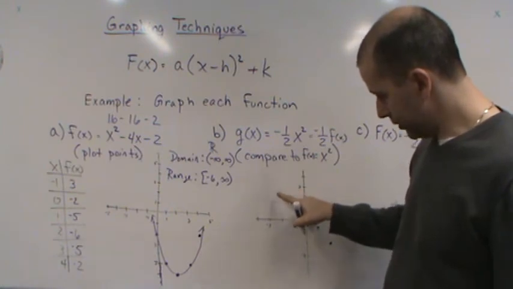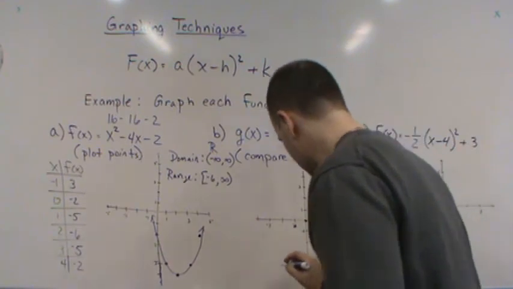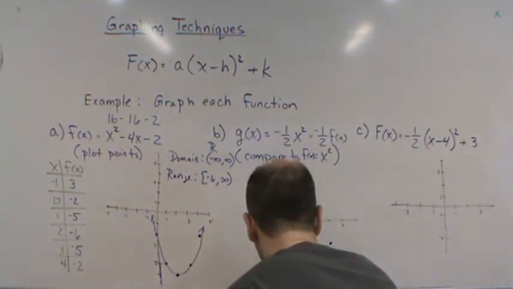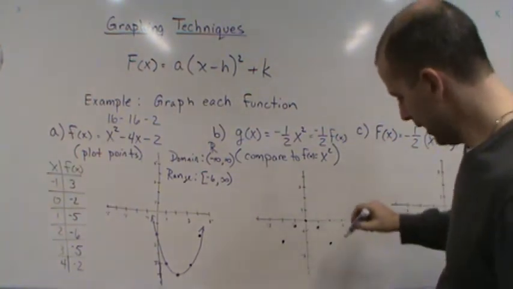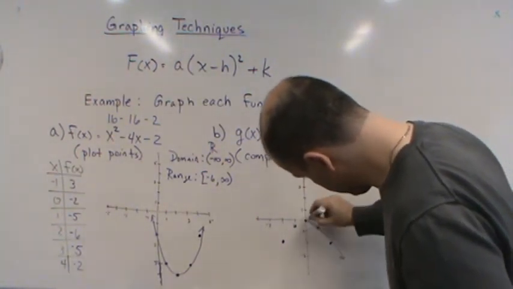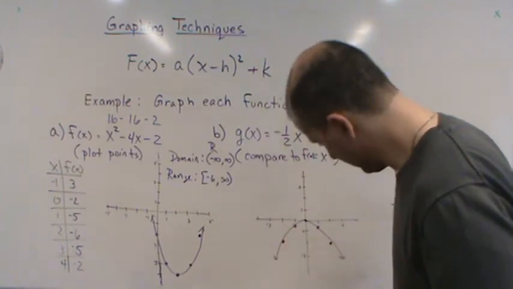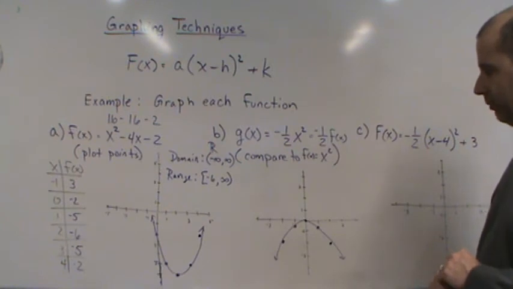Half of 4 is 2. And then we're going to reflect it down to negative 2, which means this is going to be at negative 2, 2. And so we end up with a parabola that looks like that. Okay? Now,